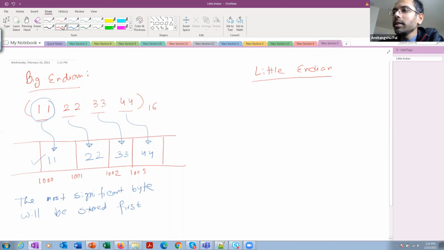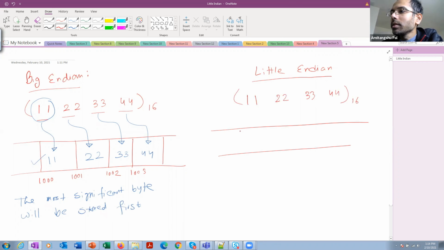What's happening in little endian notation? Let's take the same number 11 22 33 44 in hex format and the same memory locations 1000, 1001, 1002, 1003. Here, as opposed to this technique, the least significant byte will be stored first.